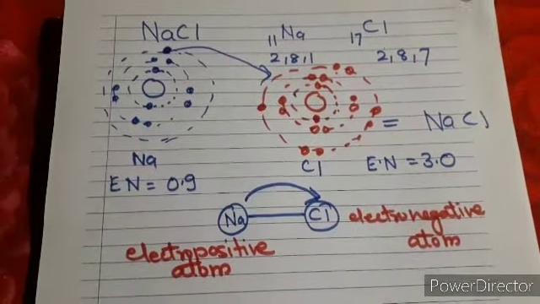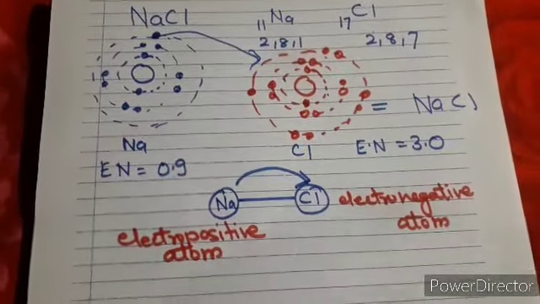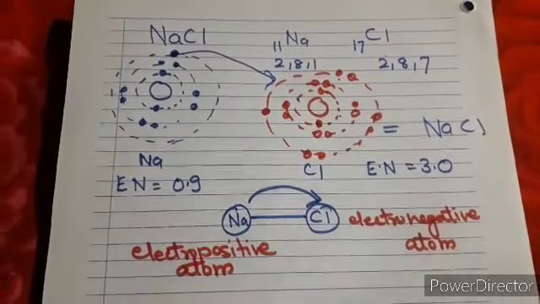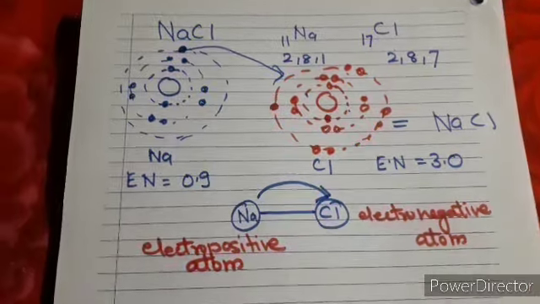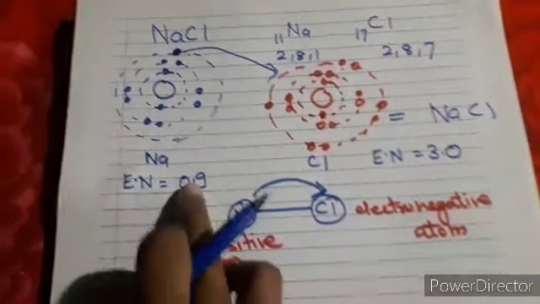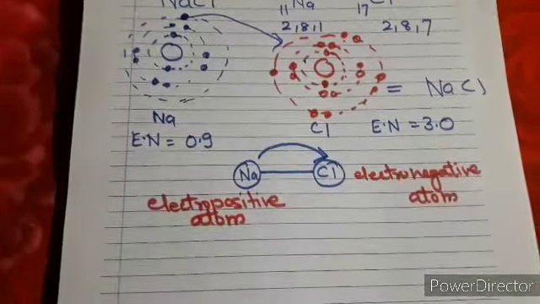Now let's see one more case, when you are forming covalent bonds. Over here the two atoms have different electronegativity: this is 0.9, which is less, this is more. But we have seen the cases of covalent bonds, and I am making the covalent one also so that you can understand this concept. Let's again take an example of Cl2, where both the atoms are the same, and this is of Cl.